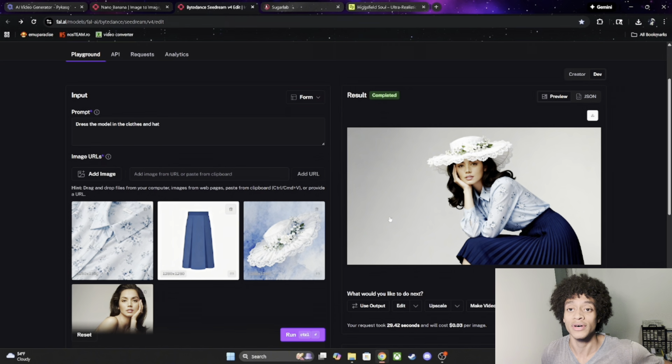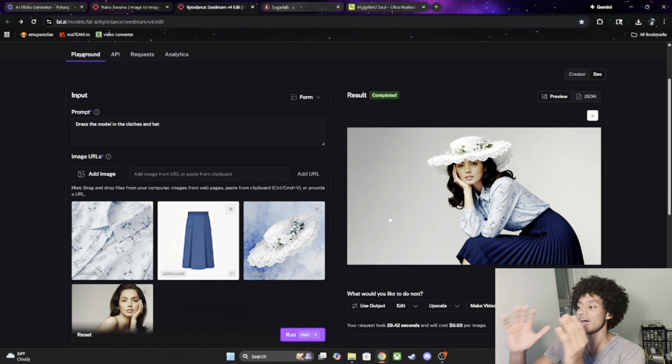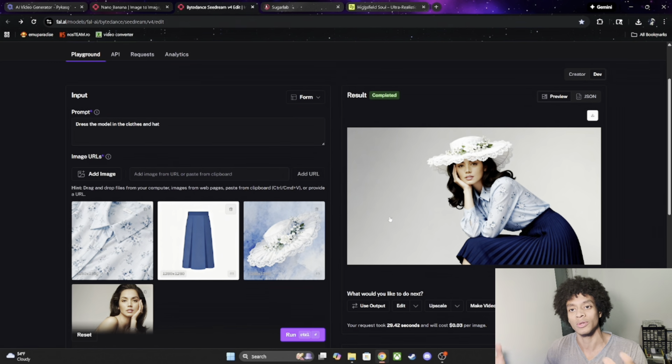So if you have a decent model that you made on whatever platform, you went on Picasso, you made this one picture of this one model and you upscaled it to the perfect resolution, and that's your base image that you want to base your entire LoRa off of. You take that, you put it up on here, and you can make more realistic images. That's perfect. That's how I use this right now because I already have my models created and I'm not going to be making new ones because at this point I'm just going to keep using what I have and I can use this to make better content, so why not?